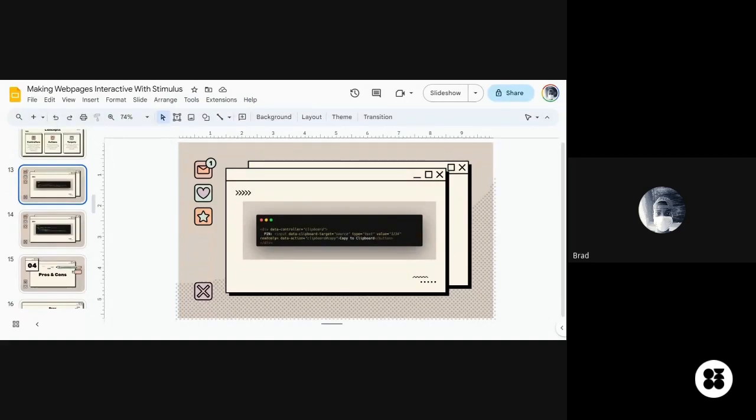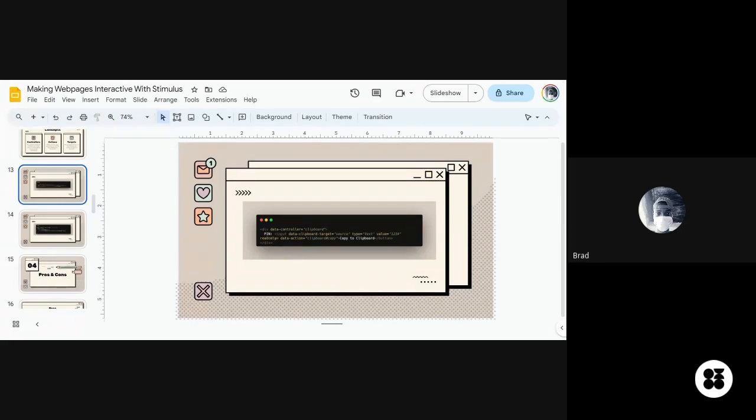So the data-target is telling Stimulus that this is where my event action, whatever the user's action or browser action, is going to originate from. I want you to keep a close eye on this element and be ready to trigger the functions or methods I have in my controller whenever my source, my target, does anything or whenever the user does something to it.